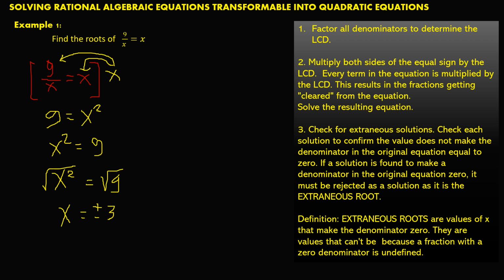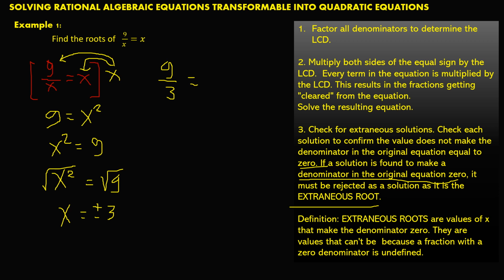We have to check each solution to confirm the value does not make the denominator in the original equation equal to 0. If the solution is found to make a denominator in the original equation 0, it must be rejected as the solution, as it is called the extraneous root. So let's substitute the first root which has been solved, which is 3. So 9 over 3